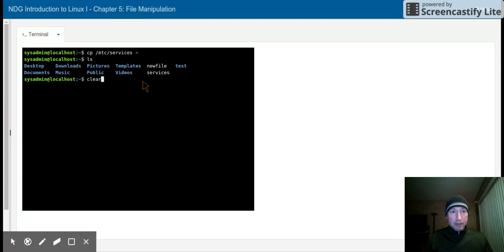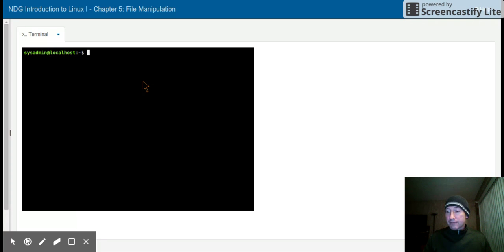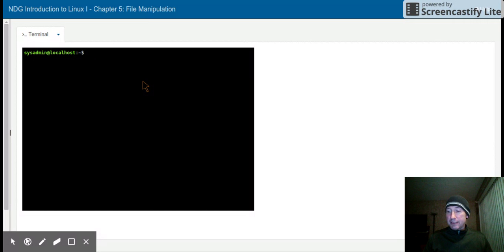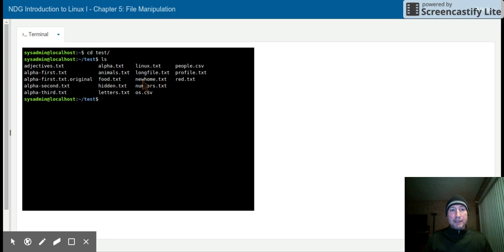So the move command. Let's go to the test directory and see what's in there. There's this file called red.txt. So if we want to move that, say, up one directory, we could go mv red.txt and put in that